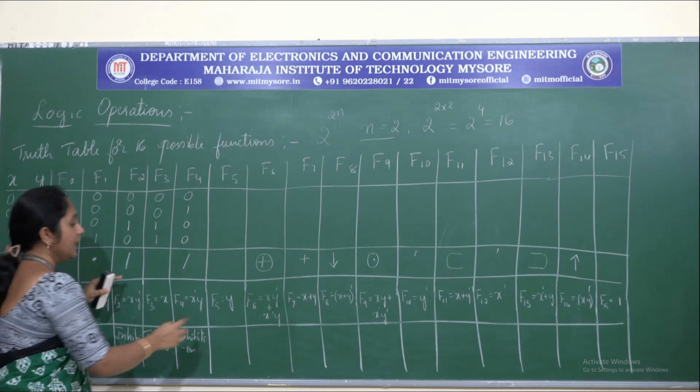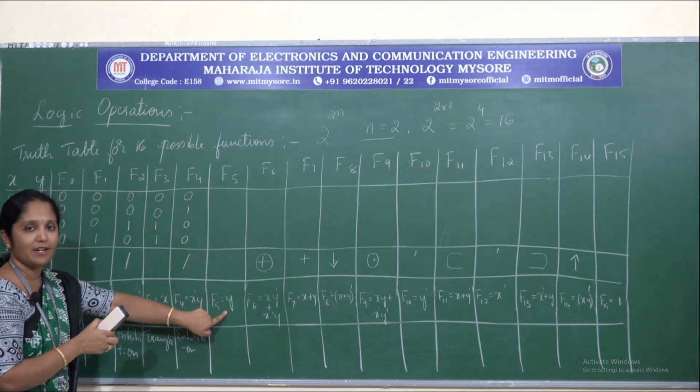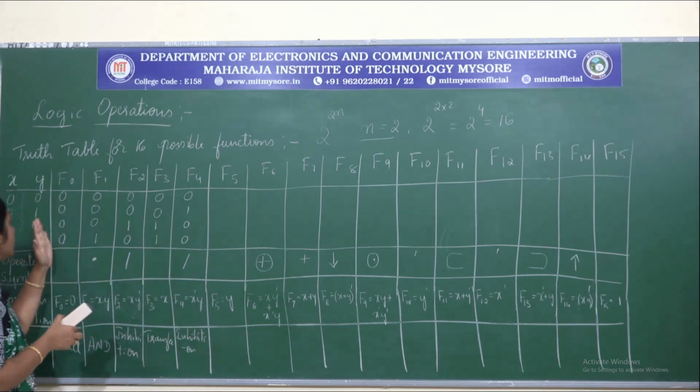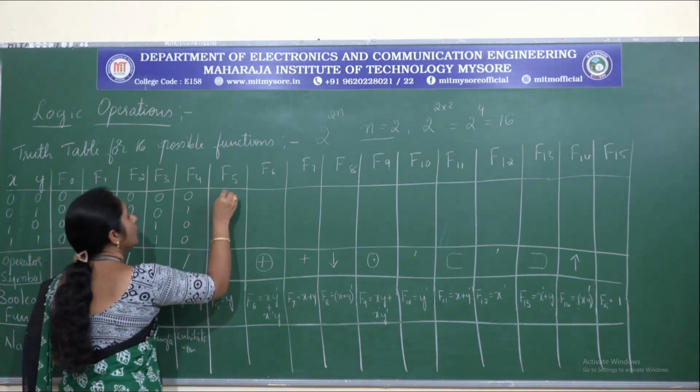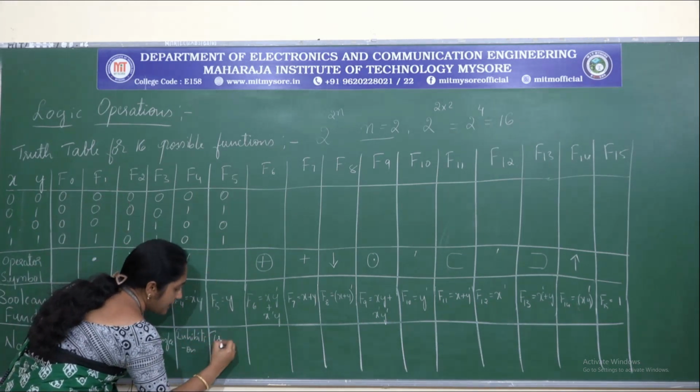Okay. Next, see f5 is equal to y. This is the next Boolean function we have. So just transfer y to the function, to the output. So here we call this transfer,